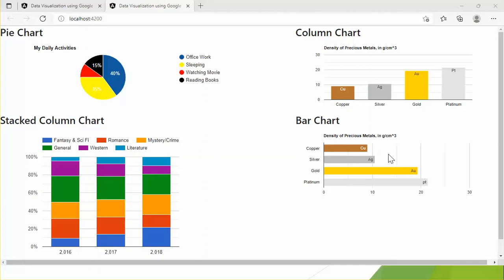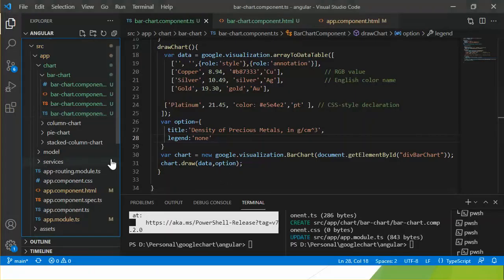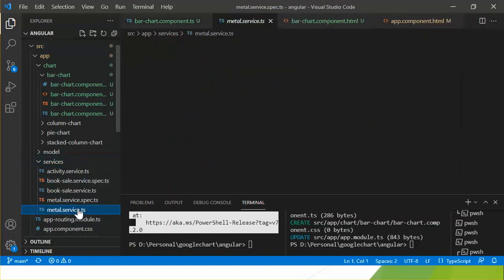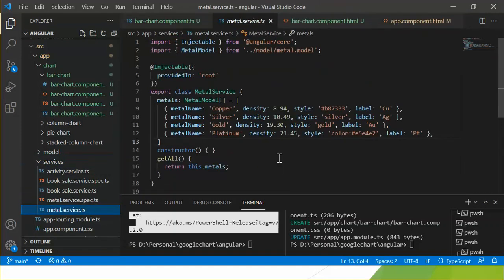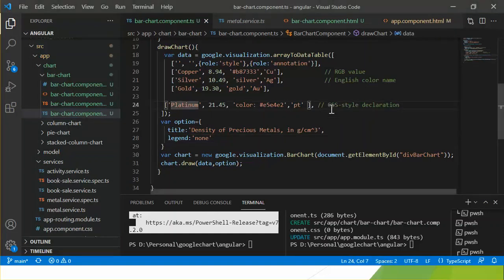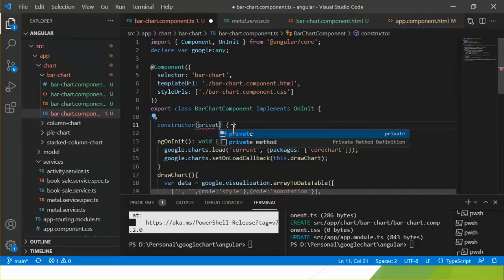Let's see if the data is coming from an Angular service. In our demo application, I have already created a metal service. This service was used in the column chart, so we can reuse this service in our bar chart component. So let's inject the metal service here.